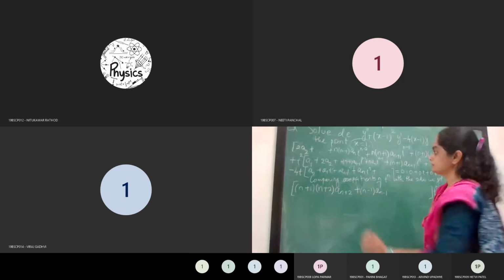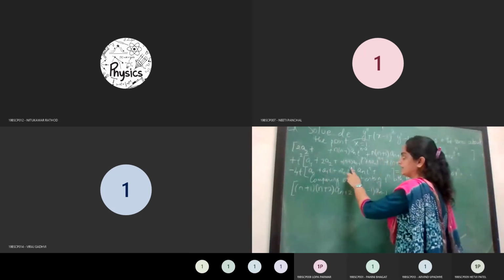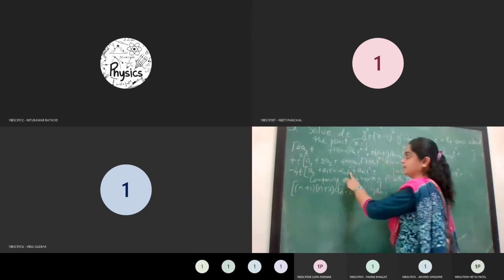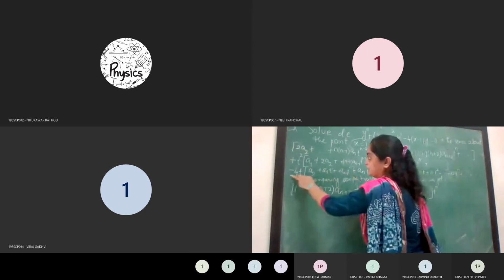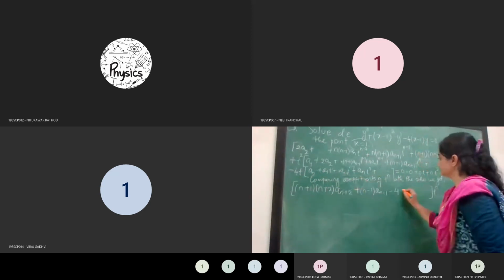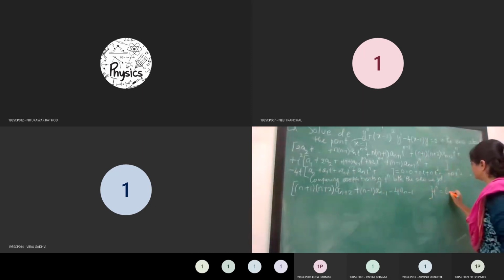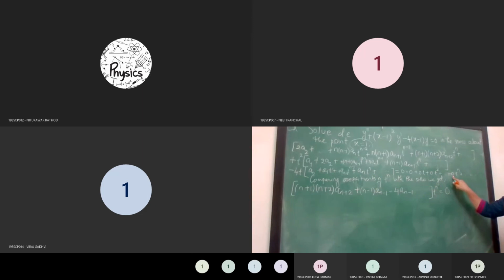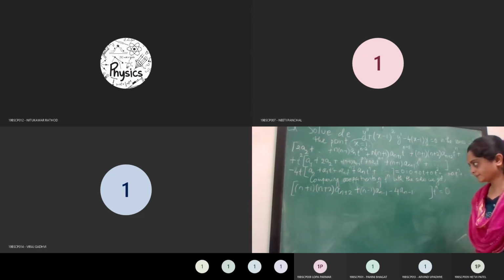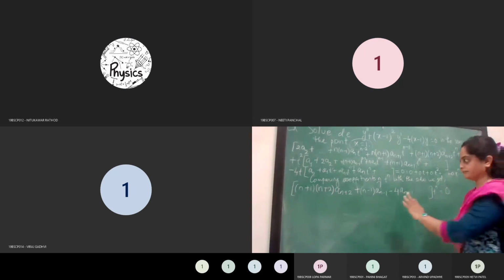count now the third term. For the third one, t will be multiplied with each and every term. So at that time, t raised to n minus 1 plus 1 will give you the power t raised to n. And since it is multiplied with the minus 4, therefore I am writing minus 4, this term, a_{n-1} into t raised to n, is equal to 0, because here the coefficient of t raised to n is 0. Are you getting this one? Yes, ma'am. Everyone done? Or does anyone have any doubt at this particular point?